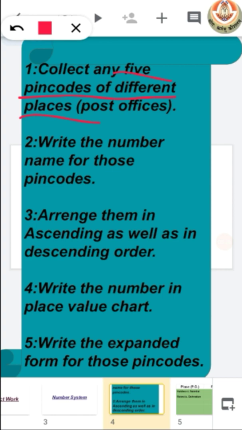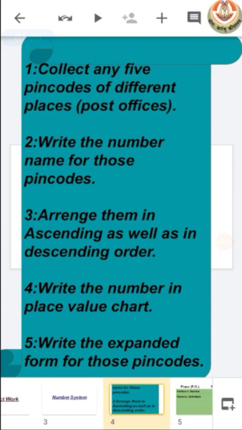After that, you have to write the number name for those pin codes, and then arrange them in ascending as well as descending order. Then make a place value chart and place all the digits of that pin code according to its place value. And at the end, write the expanded form of those pin codes.